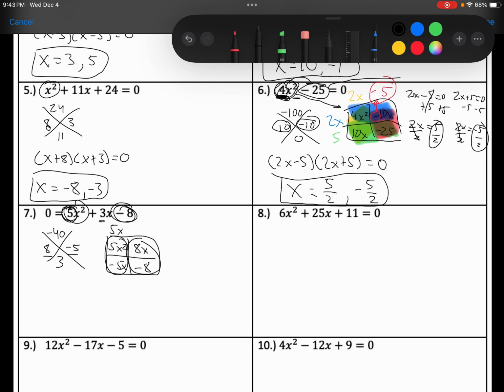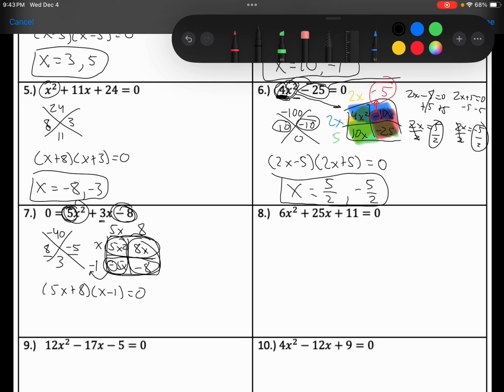What these two have in common would be 8. So the first factor that we're going to get from the top would be 5x plus 8. Then for the columns, 5x squared and 8x would have just x in common, and the negative 5x and negative 8 would have just negative 1 in common. Again, because it's next to the negative, this would be negative here. So the other factor that we get is x minus 1